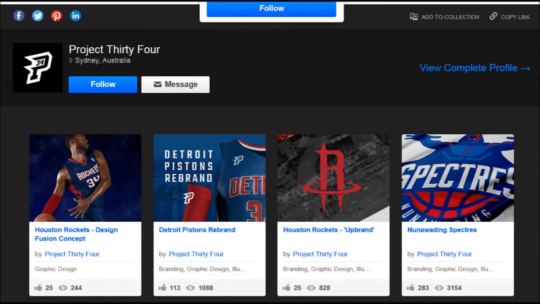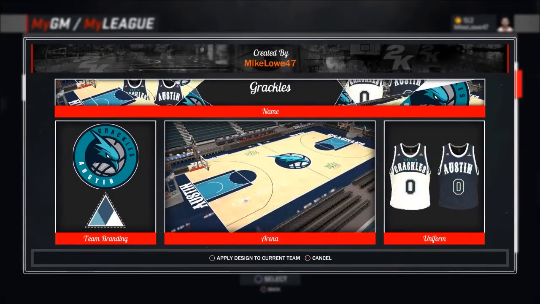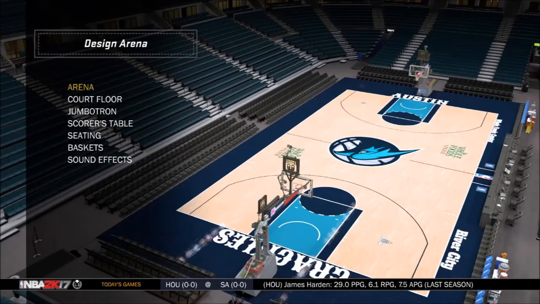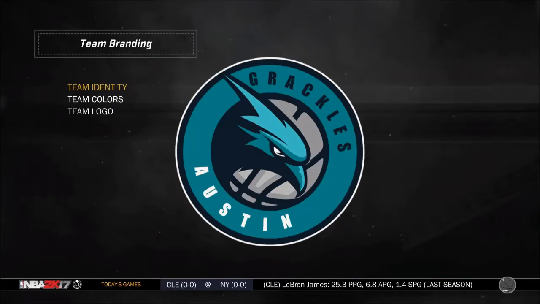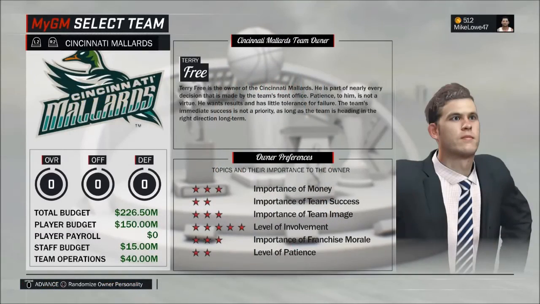So that's the design I ended up going with, the Austin Grackles. That is up on 2K Share. So if you look for my PSN, Mike Low 47, you should see that up there if you wanted to take a closer look at it. I did take some screens that retroactively on YouTube I'll put in here so you can take a look. But the other one is a community design called the Cincinnati Mallards, which just looks awesome and really, really cool. So I wanted to do one that I did, and one that the community did, and I think that'd be kind of a fun way to